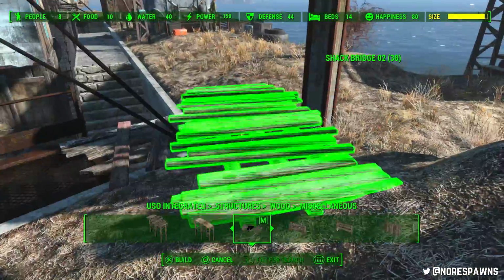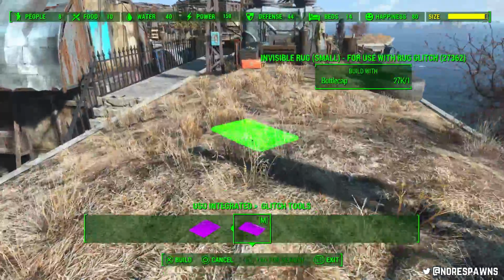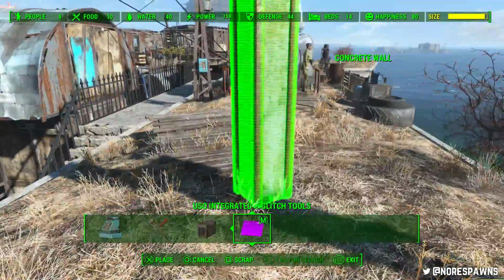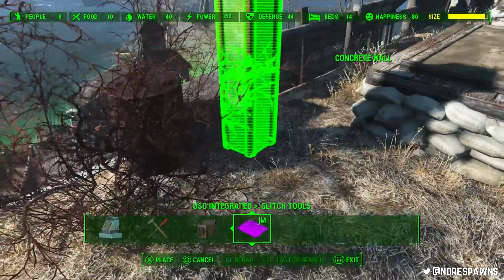So this is just me, because I wanted to do more for this. It wasn't feeling like there was much going on in here, so I decided to just add loads of shack bridges, and it looks really cool because it gives walkways through the area as well, which is quite cool. By the way, when I was doing this,